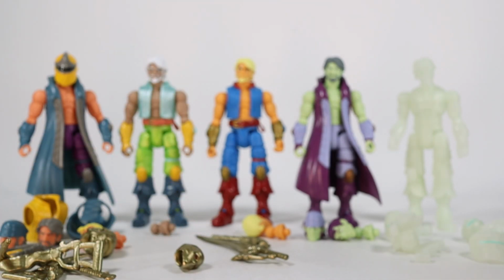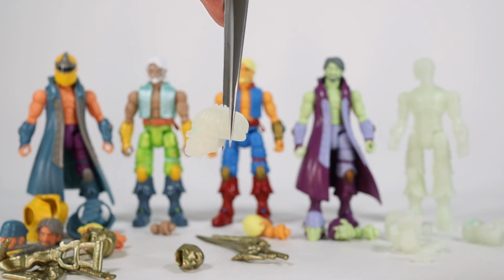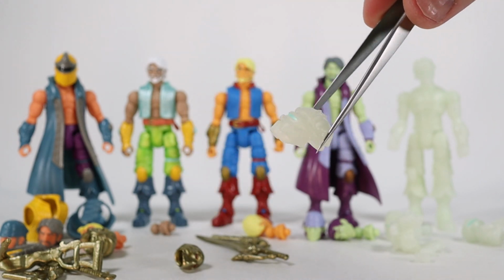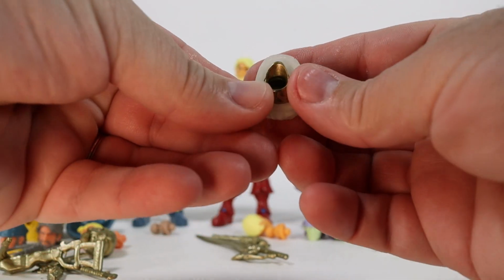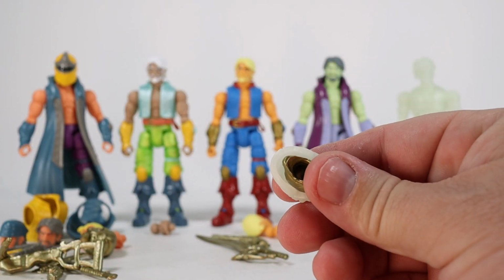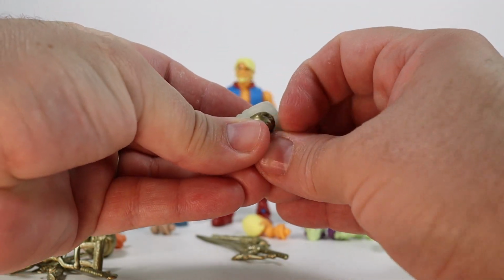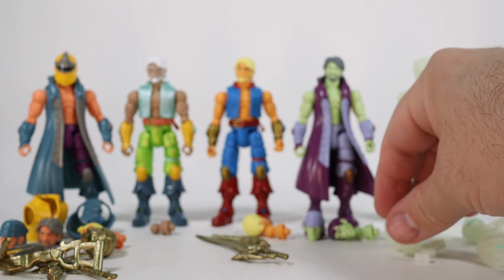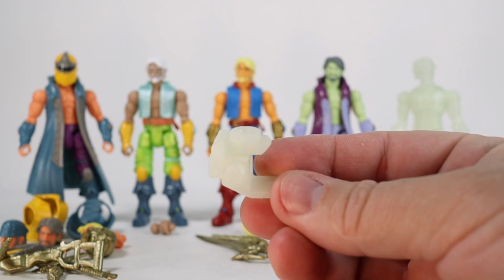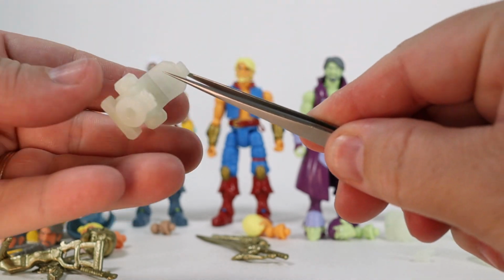Well, then I also got this thing. This is like another mask of some sort. Let's get a good grip here. Got this mask, or a helmet, and it doesn't go on any of them either, but now I'm kind of curious if it will go on this, right? Yeah, look at that. Okay, so that will go on this style, this gold head. It's kind of smooth, because it doesn't fit on any of the other heads. But anyway, I got this weird glow-in-the-dark helmet. And then the final odd piece is this thing right here. Let me grab a hold of it so you can see it better. This weird contraption-y thing that...